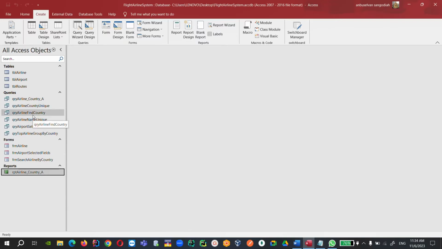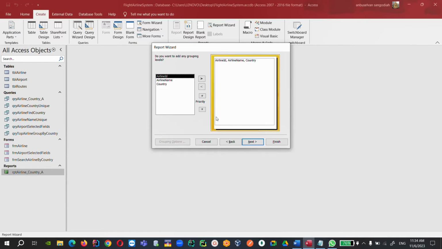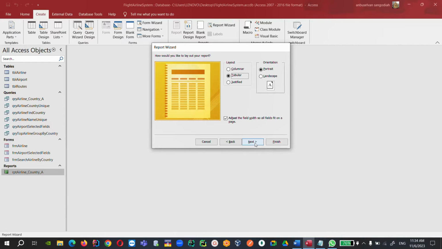So I'm going to create a report using find country. Well, okay, we just go with it. So we can sort records by